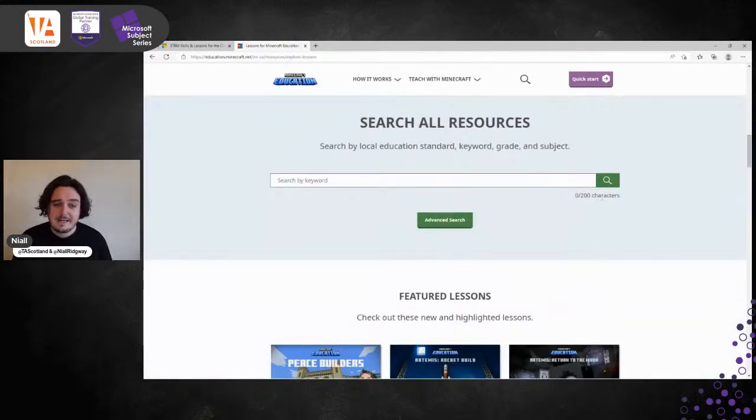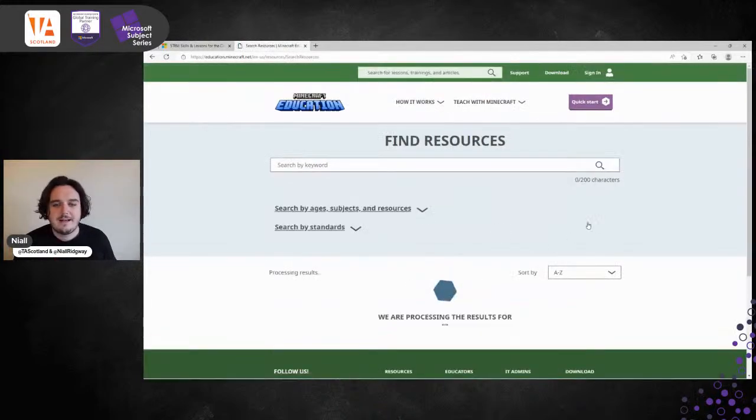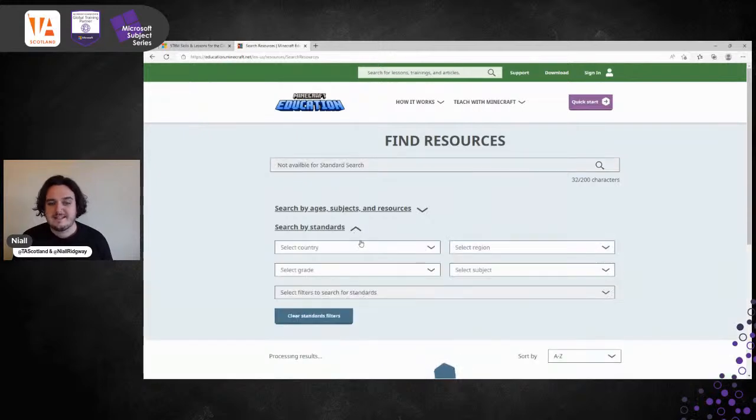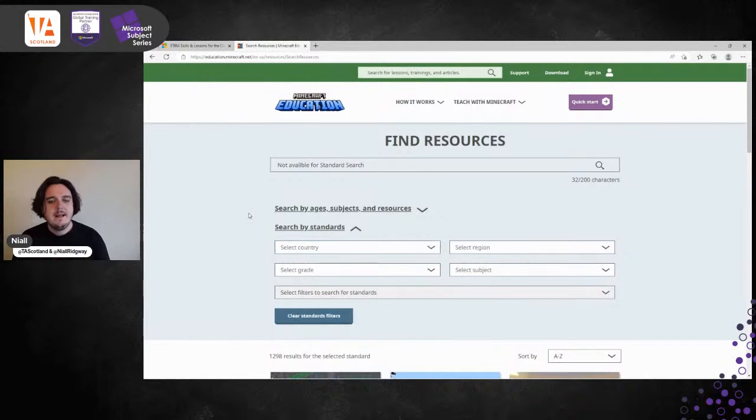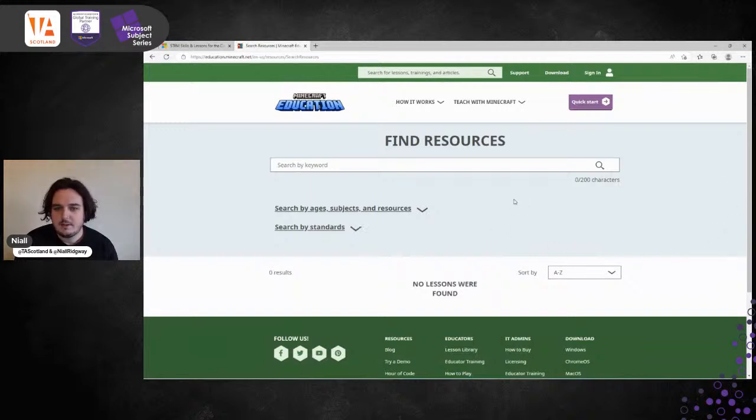If there's anything in particular that you're wanting to look up, you can search by keyword, and you can also do an advanced search as well. So here you can search by your ages, subjects, also by the standards as well. So I think we'd have to go for England, but that's fine. We can search by the curriculum, okay? But what we're going to do is just go back a page,